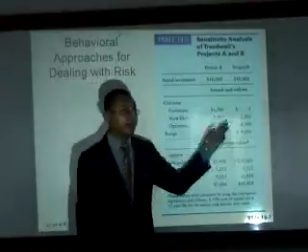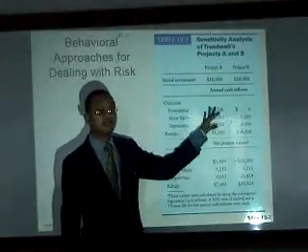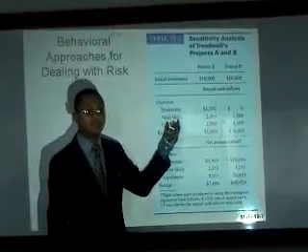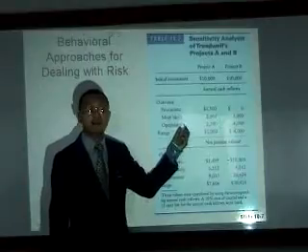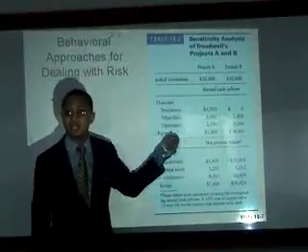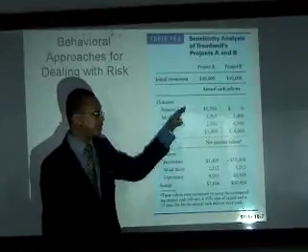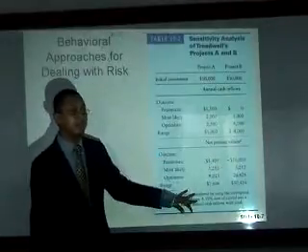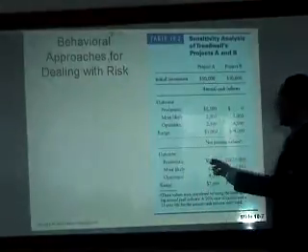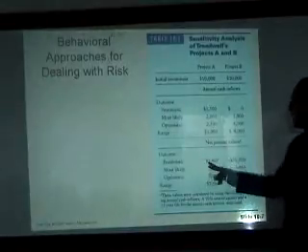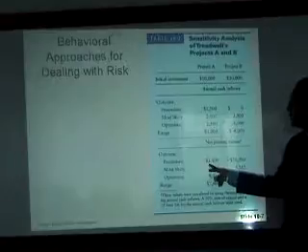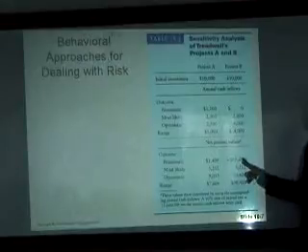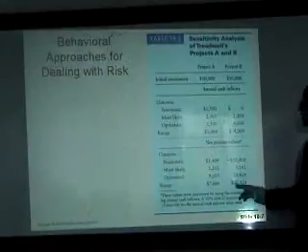Normally, after you have found your cash inflow, you will find your net present value. You use the same formula, cash flow divided by 1 plus IRR to the power of n, minus the initial investment. That is the formula for net present value. After you find the net present value, you look at this range here. If you are pessimistic, you get 1409 for your NPV for project A. Project B, you get a negative 10,000.